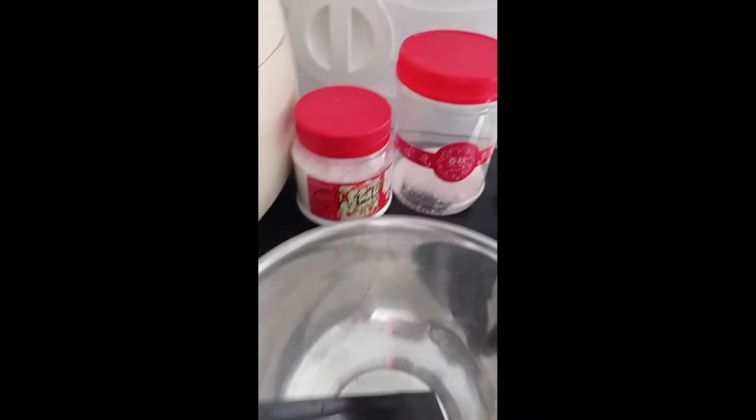Today I'll be teaching you how to make apple pie. It's a very easy recipe, but we'll start off with the crust. First, you need 130 grams of butter at room temperature